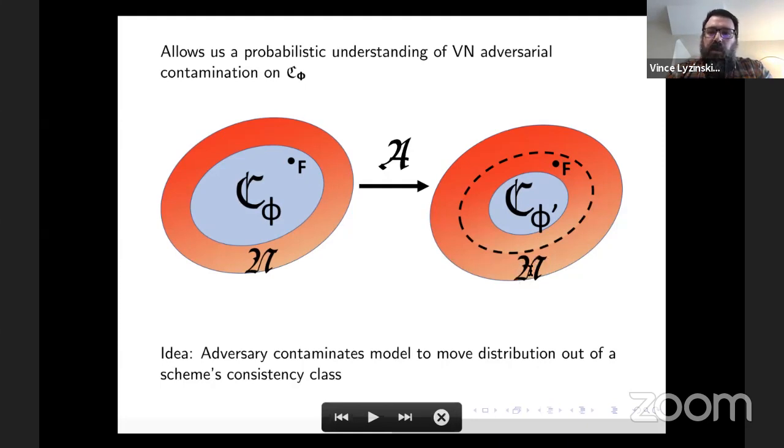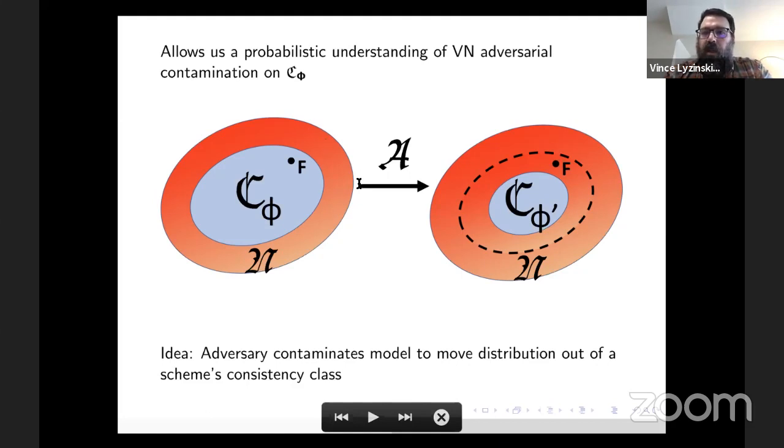This letter is supposed to be that script N that we saw before, the set of nominatable sequences, but it's not quite as elegant looking. So this blue egg-shaped object is the consistency class for a given vertex nomination rule. And you can see we have a distribution in that class. And the red out here are rules for which our class is no longer consistent.